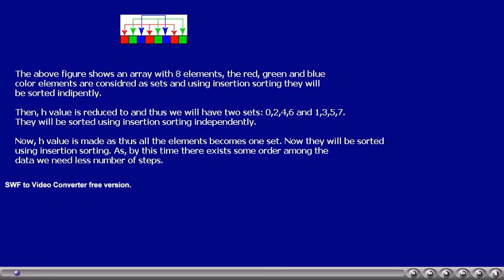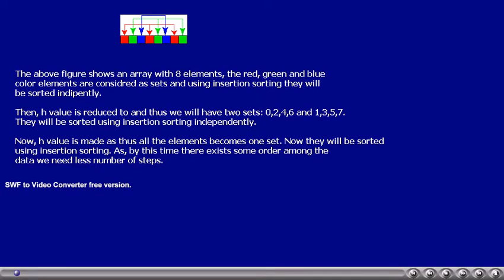For example, if we consider an array with 8 elements, the above figure shows the red colored elements as one set, green color elements as another set, blue color as another set. If the last red color element value is taken, and its value is smaller than the second one, they will be exchanged.